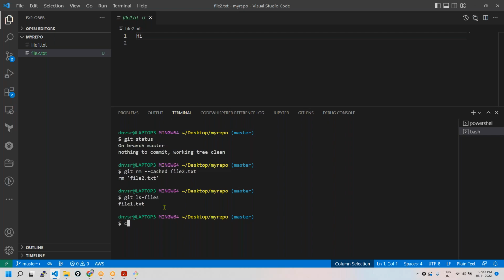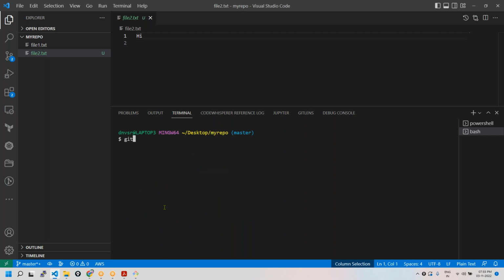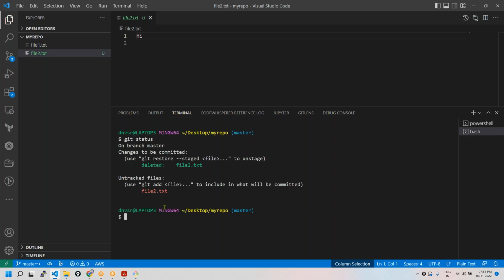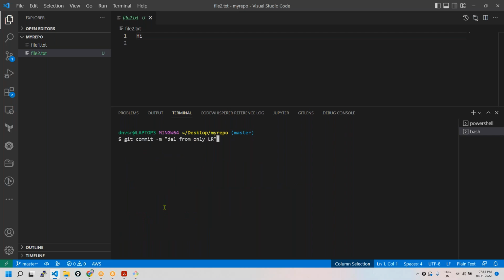And at this point, when you see the status, like git status, sorry, the command had a typo. When you see the status, it says changes to be committed and untracked file, right? So what you can do here, I just want to commit the change, git commit -m, deleted only from local repository, not from working directory. Okay, some message, done. And now if you see the status,